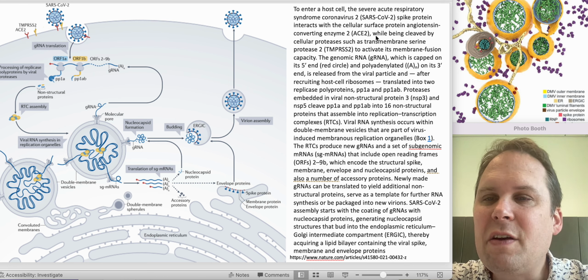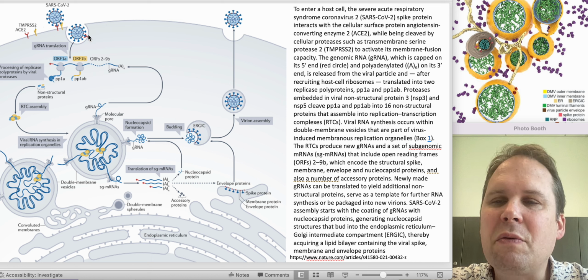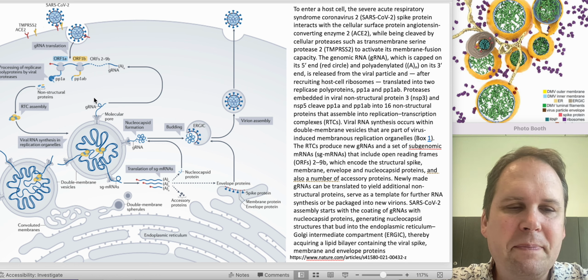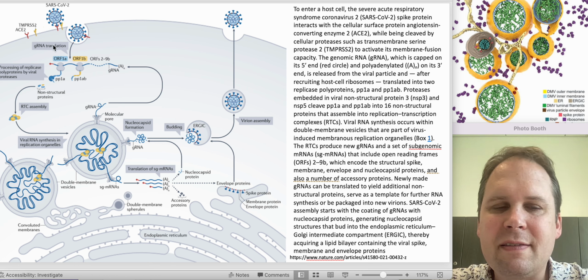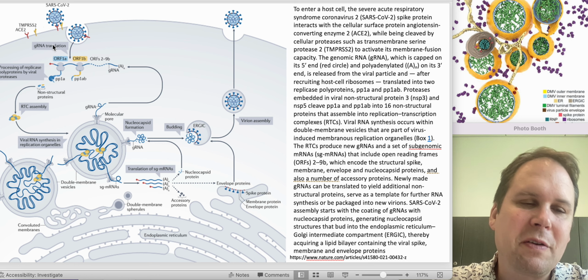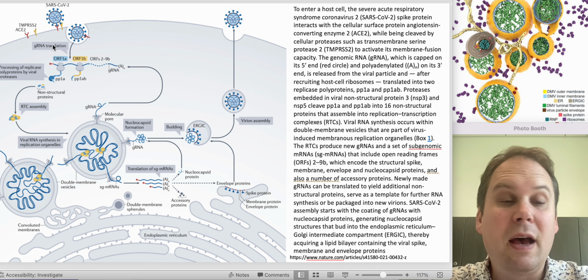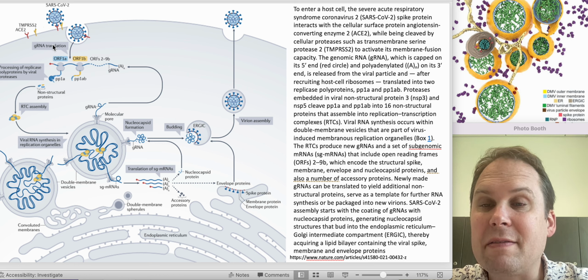So our virus is going to bind, it's going to enter, and this is going to be endocytosis, so it's going to be in a little endosome, and it's going to get acidified, and it's going to burst out of the endosome, or rather create a fusion pore and merge with the endosome, releasing the genome into the cytoplasm.